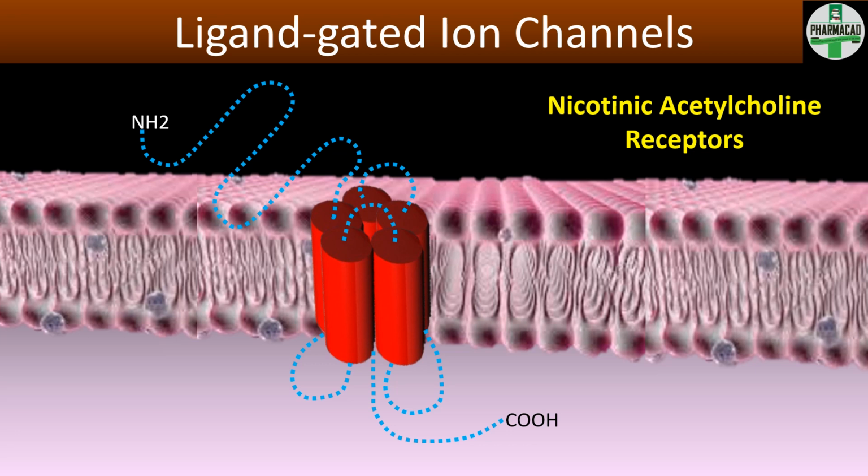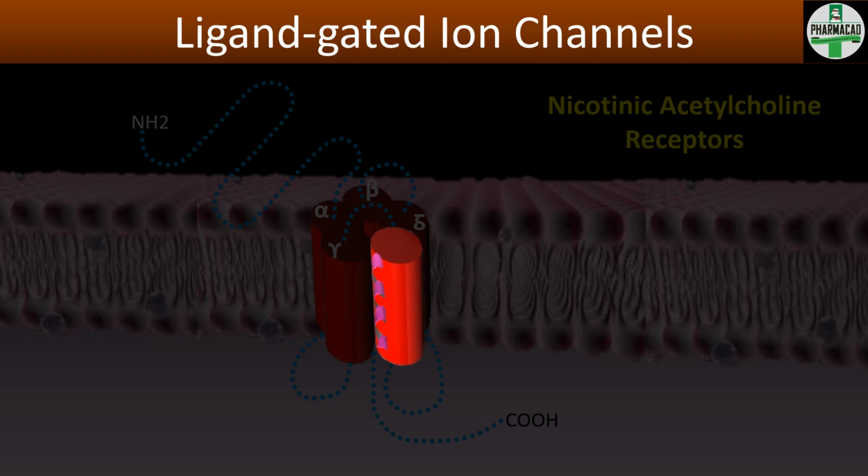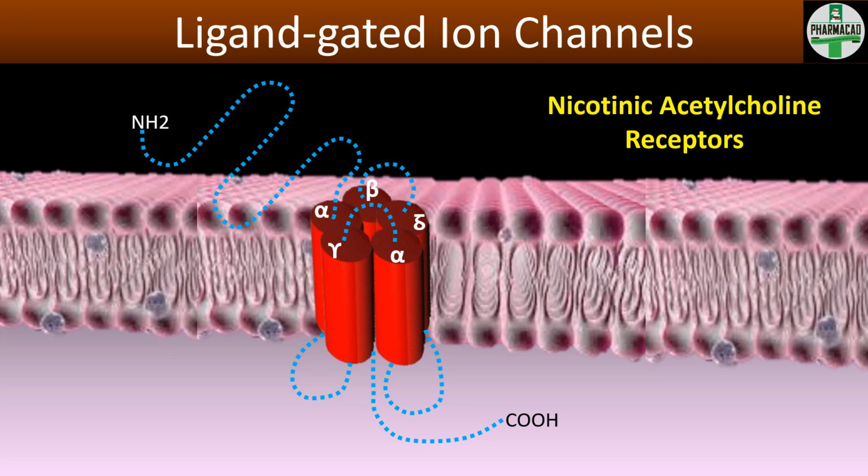Let's have a look on structure and working of nicotinic acetylcholine receptor. It is made up of 5 subunits of transmembrane regions, 2 alpha and 1 gamma, beta and delta subunits. Hence, ACH receptor is pentameric receptor. Each of these subunits are made up of 4 alpha helices of amino acids. There are two ACH binding sites on this receptor. First is between alpha and gamma, and second is between alpha and delta subunits.